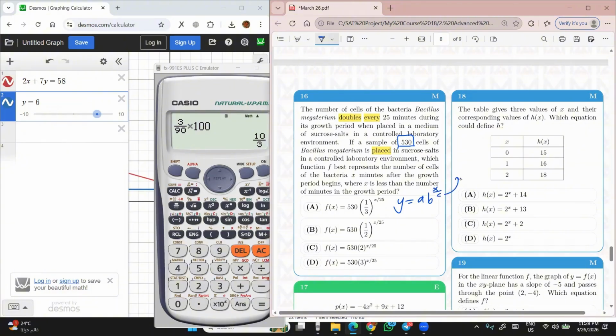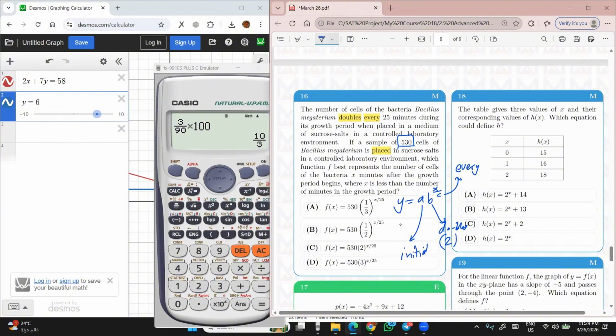C is always connected with the word every. And B is the increase or decrease. And when it says doubles, we say it's 2. And the X is mentioned as X, no change. And the A here is the initial